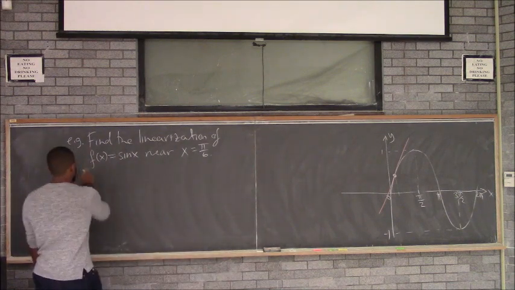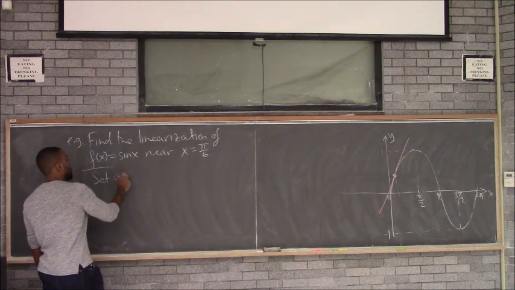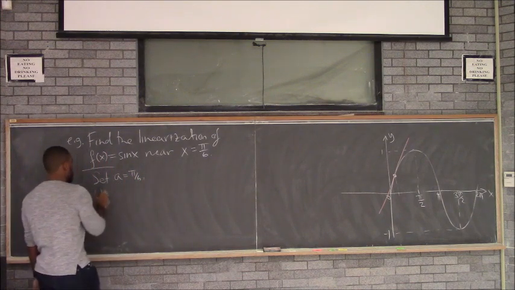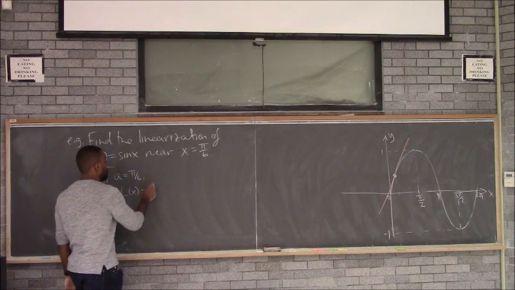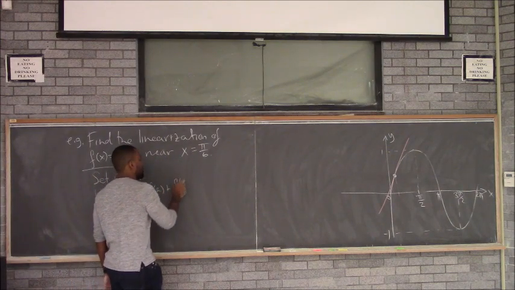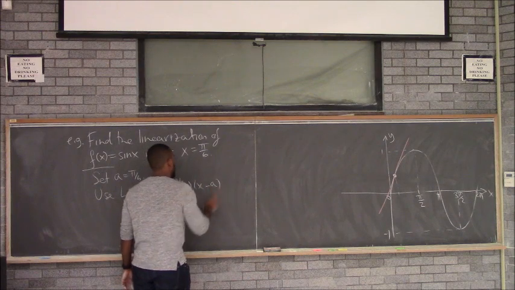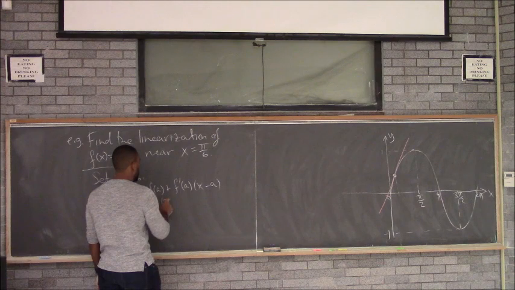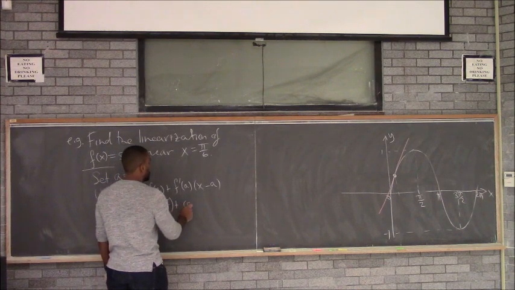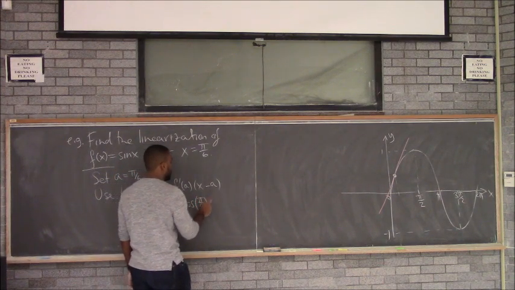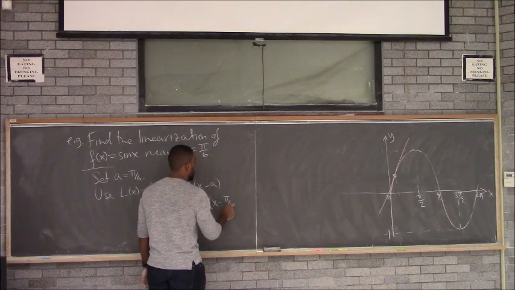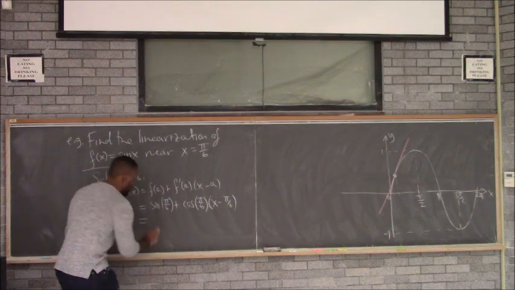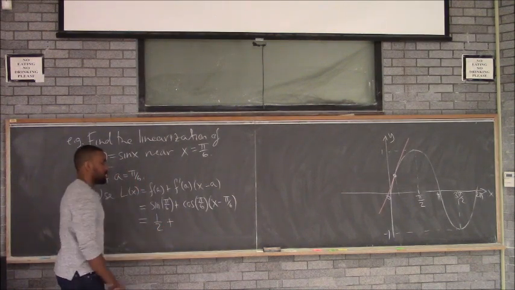So what this means is we would just set our a equals pi over 6, and we would use L of x equals f of a plus f prime of a times x minus a. This is going to be the sine of pi over 6 plus the cosine of pi over 6 times x minus pi over 6. And sine of pi over 6 is one half, and cosine of pi over 6 is